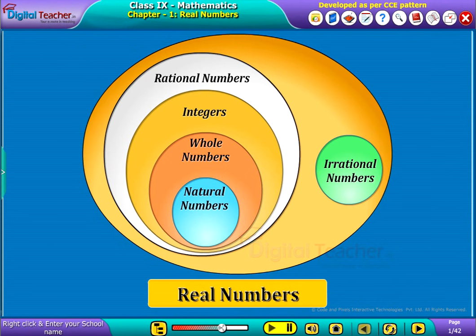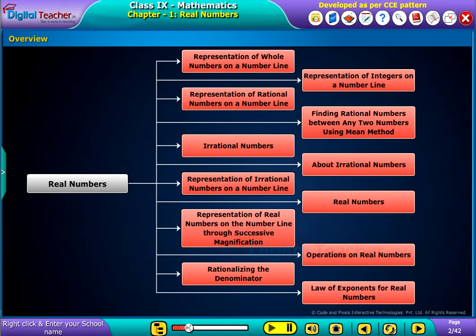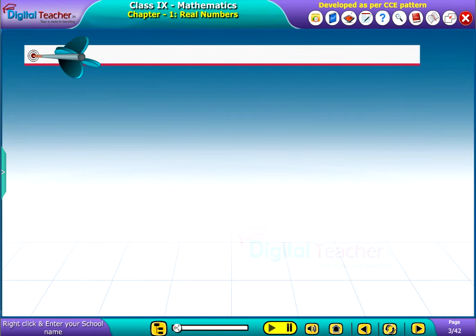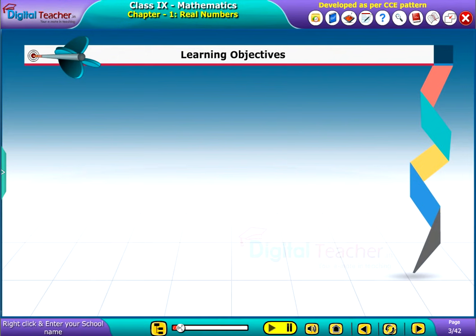Welcome to the chapter Real Numbers. This slide presents the overview of the chapter. Learning objectives. By the end of this chapter, you will be able to